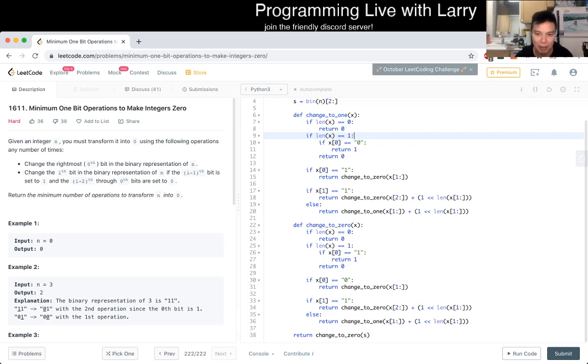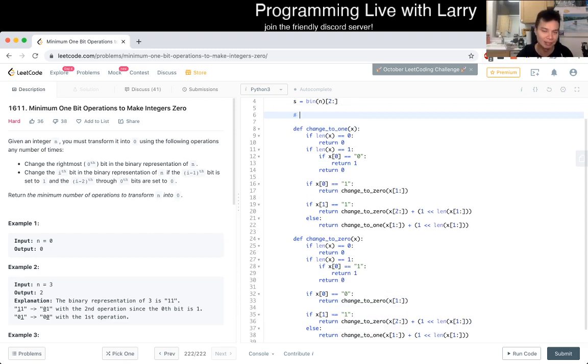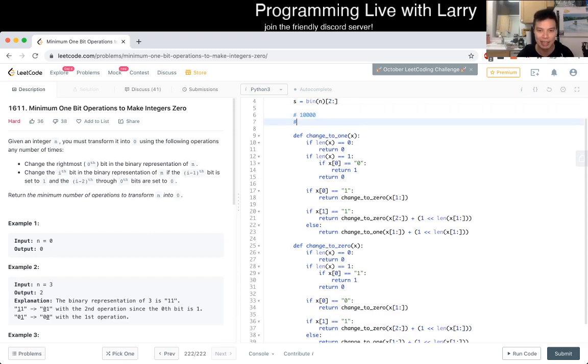And actually this could be memorized. The first thing to note is that there is a bit of a pattern. You could actually use dynamic programming or memoization to figure this out as well. But the idea here is that if you have a number of 1 and then a set number of zeros after it, and this is a binary number, not 10,000, this actually ends up taking 2 to the